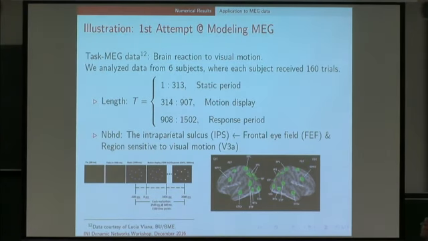All right, so 2 pictures to show you here. This is your task-based MEG data. They know that they have a static period up to a certain point, a motion display up to a certain point, and then they're looking for a response. They have 3 regions of the brain that they're interested in. And what we're looking to do is build a network using the data on 6 subjects who each did this 160 times. That boggled my mind. I got vertigo looking at it one time. I cannot imagine doing it 160 times in one sitting. So I'm thinking they're probably undergraduates and they're being paid.